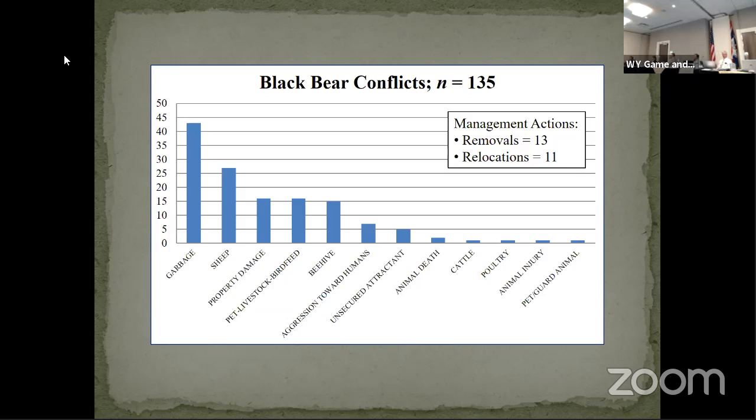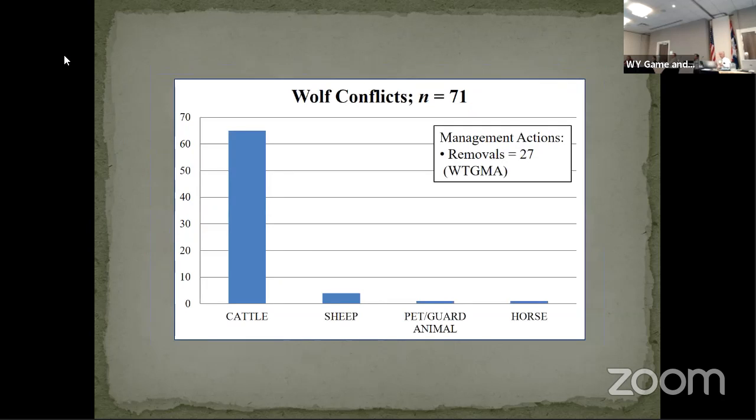So management actions, which include Wildlife Services under our direction or our agency removal, we basically removed 27 wolves in the trophy game management area in response to those conflicts. And again, most of it's just when it gets to the point where wolves are killing enough cattle, we've got to go in and remove some. Sometimes 1 or 2 wolves removed from the pack will do it. Sometimes it's 4, 5, 6. It's a pretty significant number of wolves out of a given pack to try to alleviate the depredation that's going on that given year.